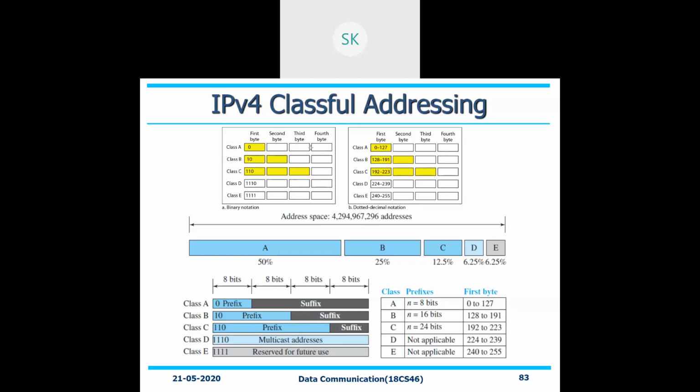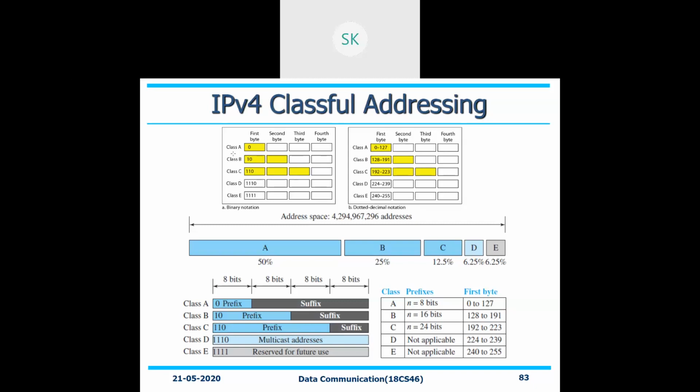Host is nothing but to whom you are giving the addresses. So however many addresses they require, they can just fill it with respect to your second, third, and fourth byte. Normally it will have 4 different bytes, right? Depending on that, each one is of 8-bit length, right? So the same thing. The second class is nothing but your B class.